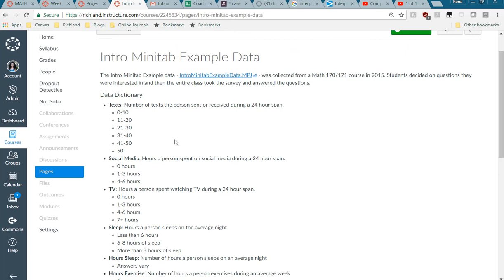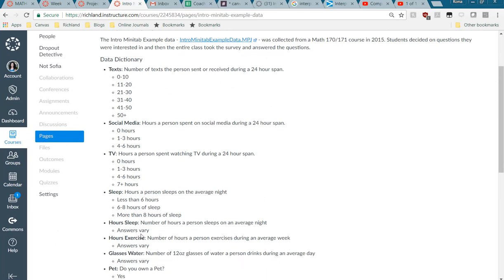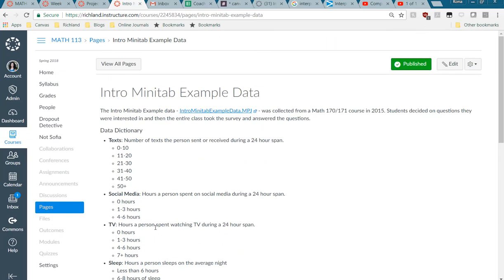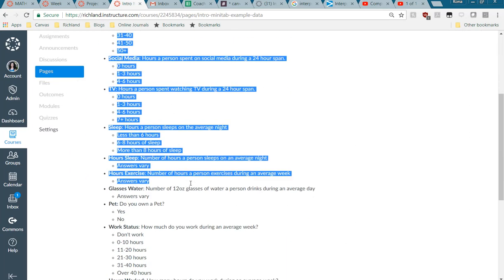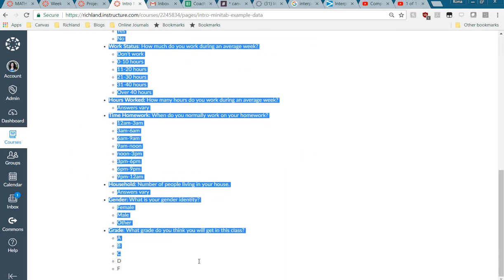Data dictionary. It will have each one of your columns, what the column represents, so the question or whatever it was asked, and then the answer option. If you don't have an answer option, then you could just say answers vary or whatever. So what you would need to do for our student survey data is do a data dictionary. And hint, I already did the data dictionary if you go and look at the page on the data. So go find that page, and I already did the data dictionary, but you do have to include some extra information. So I'm just going to go ahead, because all you'll have to do once you find the data dictionary is copy this,